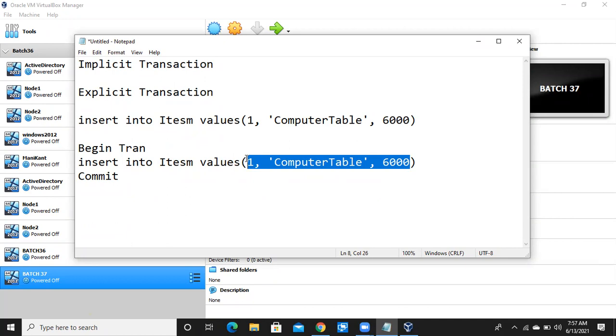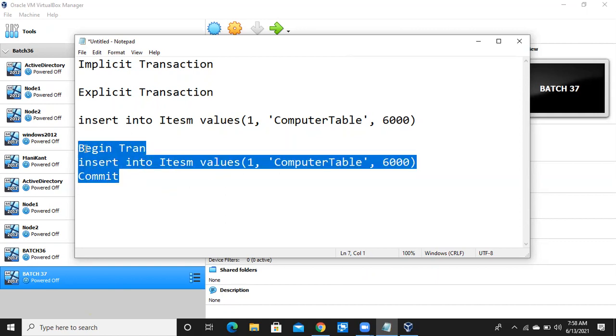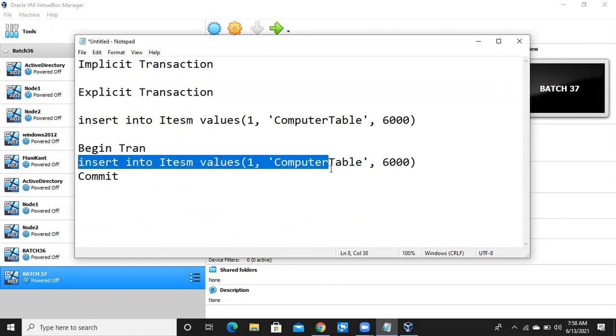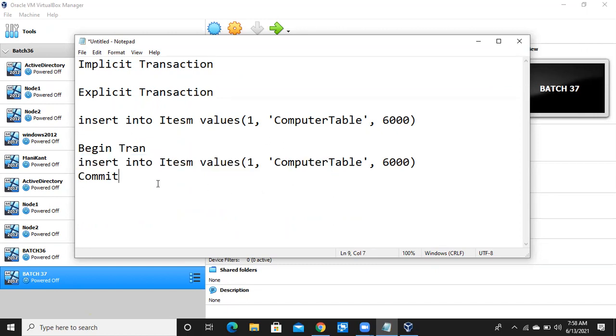Why? Because log file is not a permanent storage unit. In the log file, the transaction will be stored temporarily. Why will it store temporarily? We'll discuss those things. Every transaction, the structure is like this: it will start with the begin tran command, then the transaction you are inserting or typing, and the commit. Each transaction will be followed by commit. Then only the data will be saved permanently to the data file.